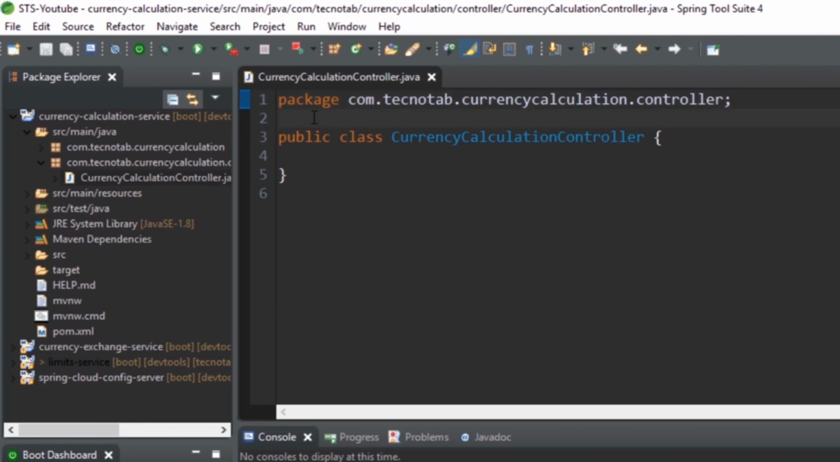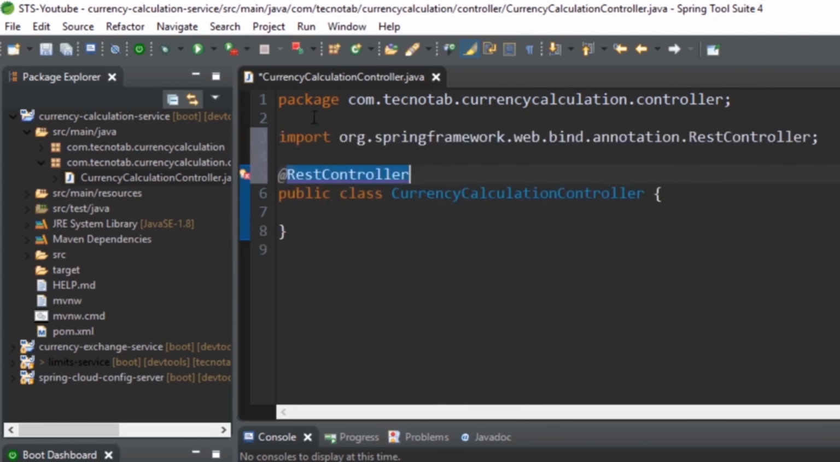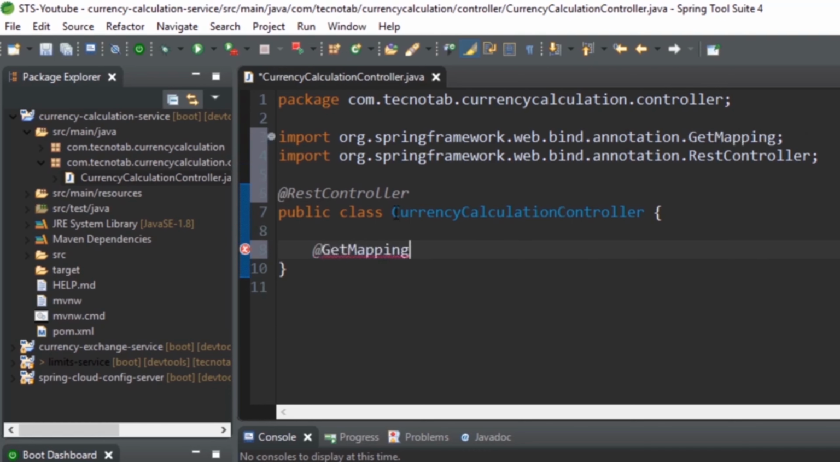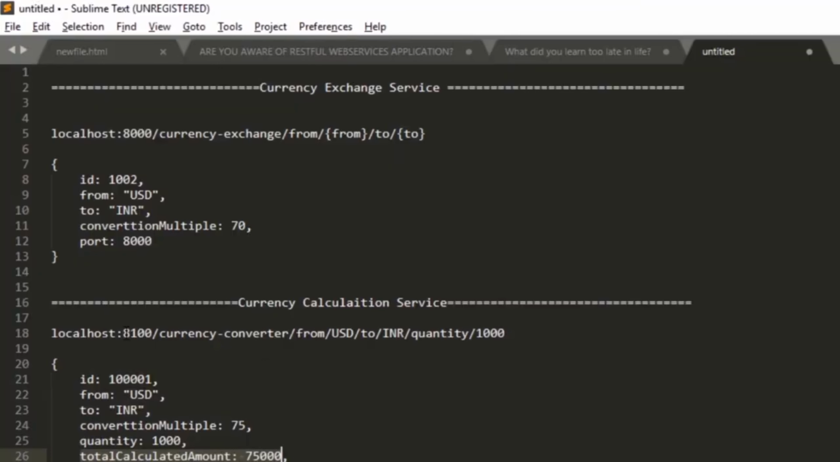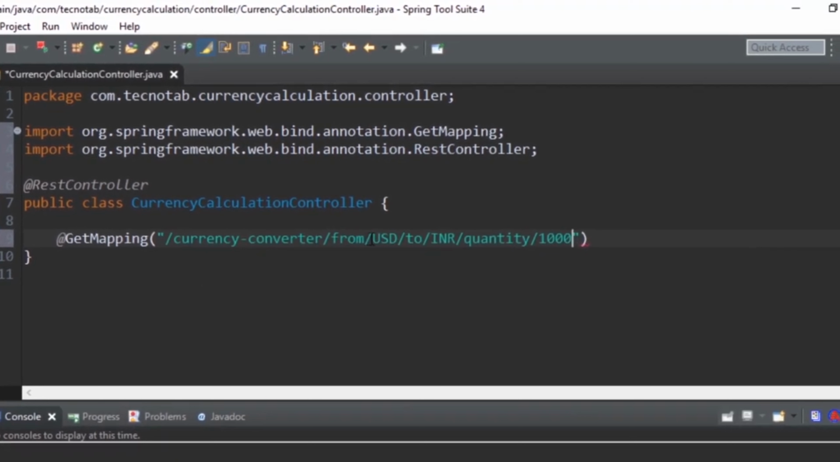So this is obviously a REST controller, so we will annotate with the REST controller annotation, and we are going to expose an API, that is a GET request API, get mapping. The URL will be whatever we discussed. This will be the URL, where this from value USD will be coming from our path variable, and the to value will also be coming from the path variable, and the quantity as well will be coming